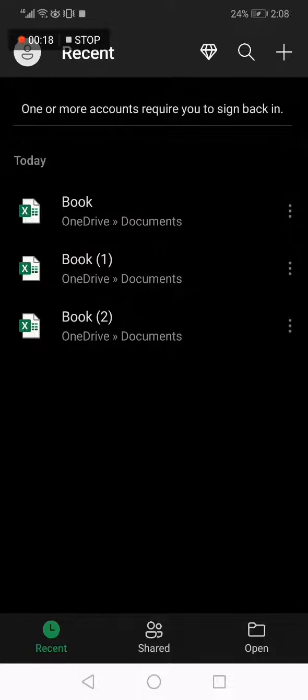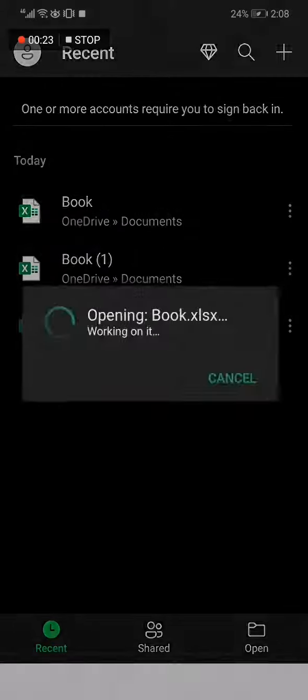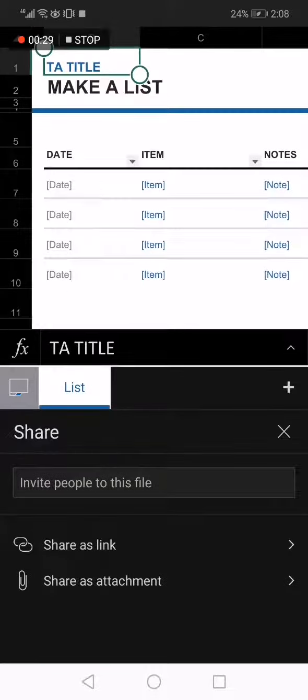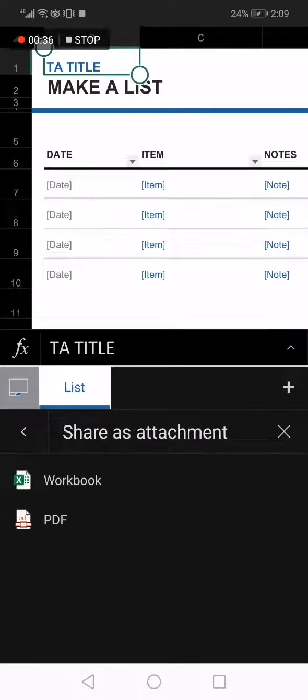So all you have to do is go to Excel and choose the document that you want. I'm going to choose this one. Go to the top right here, click on this little icon. Now after you click on this icon, it will give you those two options. Choose share as attachment. Now click on PDF